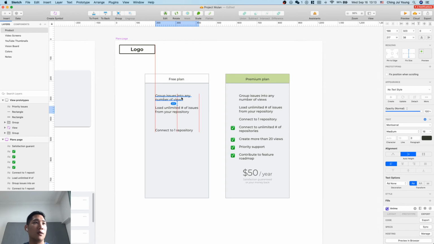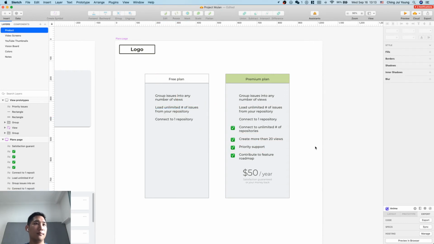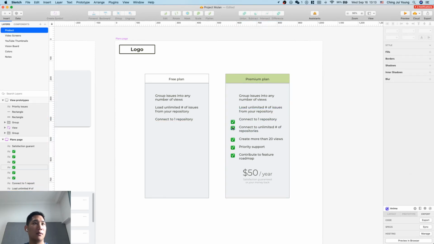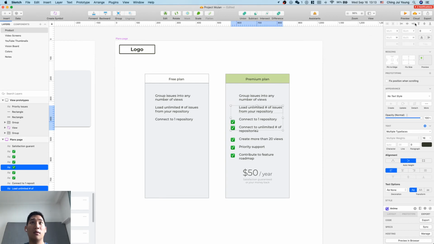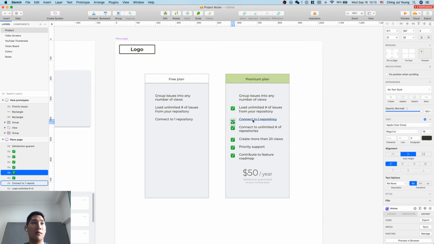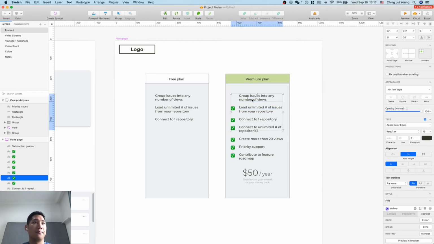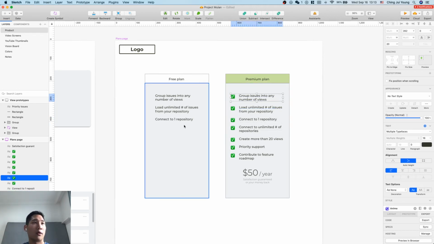Just 20. Okay. I guess I also want these green ticks for the rest of these guys here. Above, align top. I wonder if there's a shortcut for align top